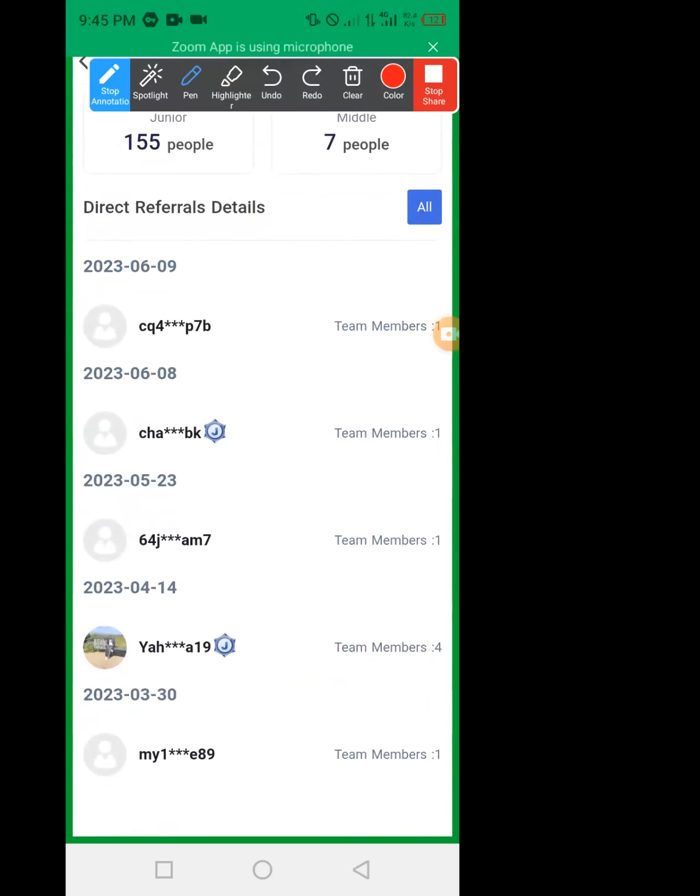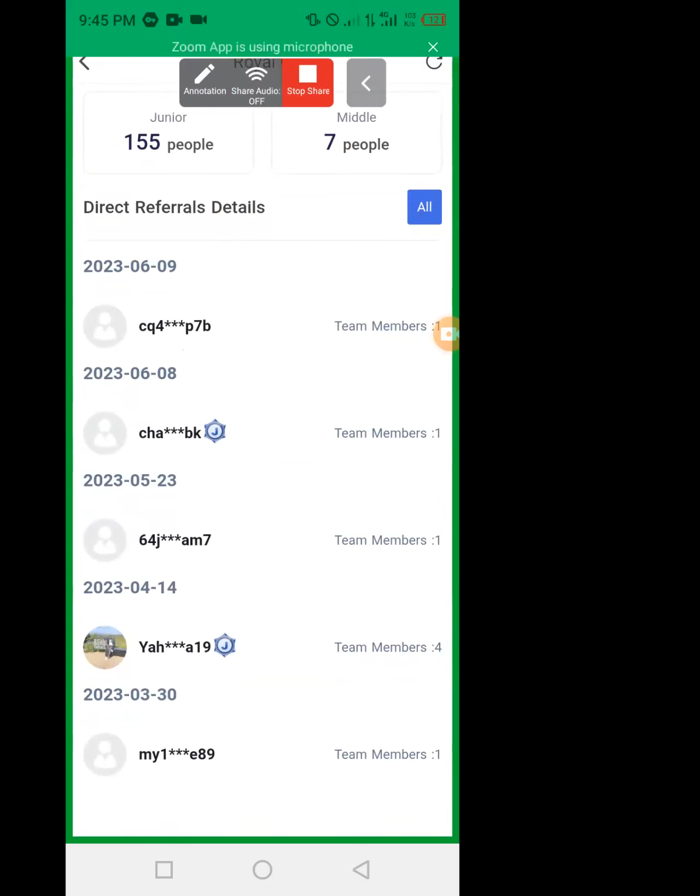When they register, someone registered on the 8th of June, but he has not yet activated because I'm not seeing him. Then this one activated, and I can see just something, but I don't know who that person is. Then there is this one. This one is showing me the people who activated.